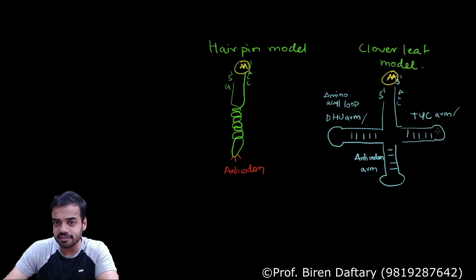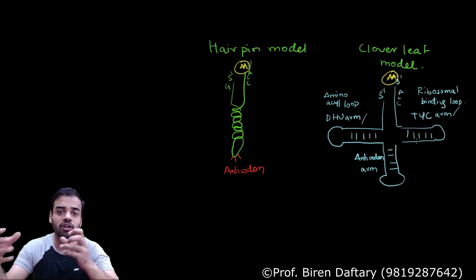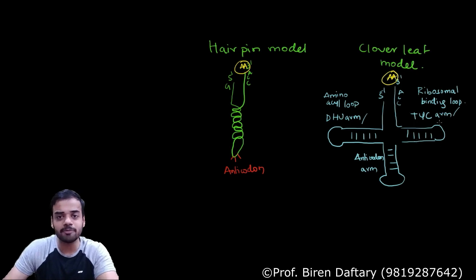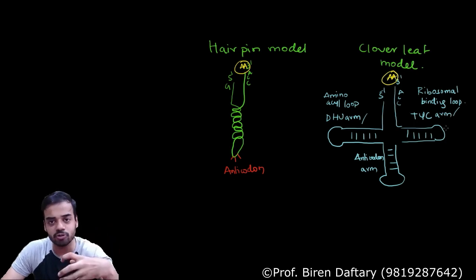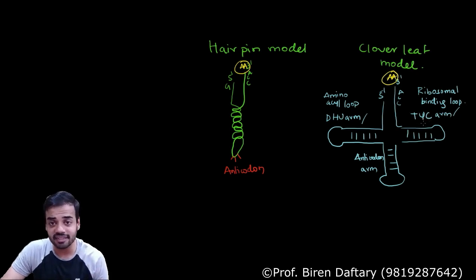Now this loop or this arm is also called the ribosomal loop, or the ribosomal binding loop, because during translation the mRNA, the ribosome and the tRNA are all attached together, and when they attach together, then this loop helps in stability along with the ribosome. So this loop of the tRNA attaches to the ribosome, so it is called the ribosomal binding loop or T-Psi-C loop. T is thymidine, Psi is the Greek symbol which stands for pseudouridine, and C is cytidine.